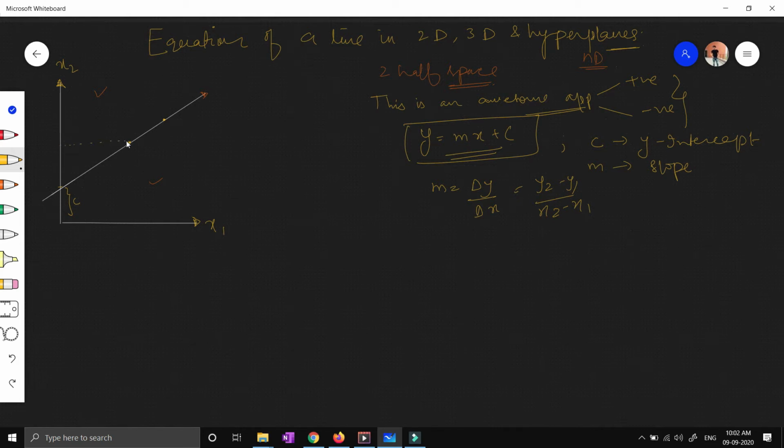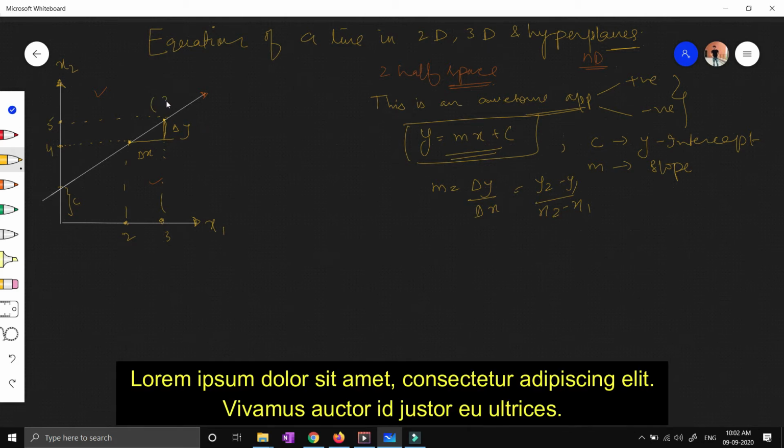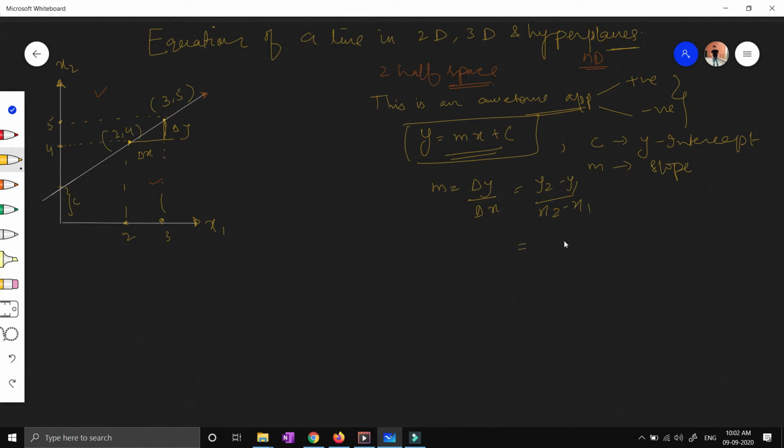So what I'll do is I will make this particular line over here and this line over here, right? You can see over here that this is my line and these are my points, right? Now this is my delta y and this is my delta x, right? You can see this is some point, maybe 2, this is maybe 3, this is maybe 4, and this is 5, right? So this point is (3, 5), and this point is (2, 4), right? I have to calculate y2 minus y1. Then what I'll do is 5 minus 4 upon 3 minus 2, which is 1 by 1 equals 1. So my slope is 1, right?